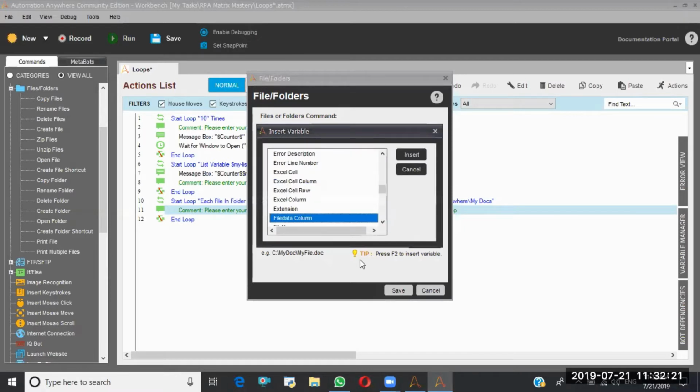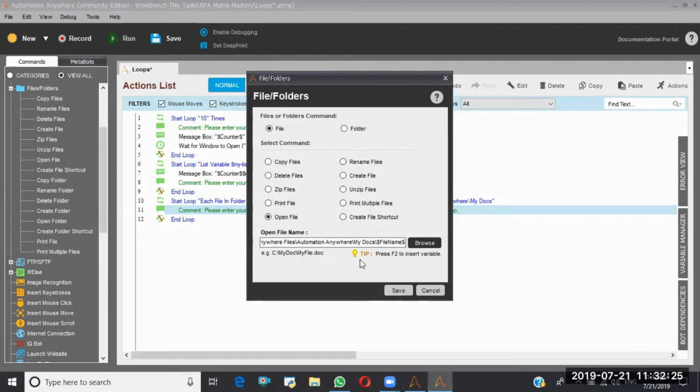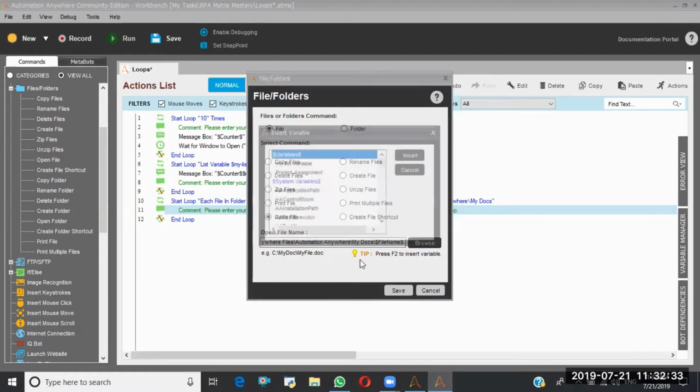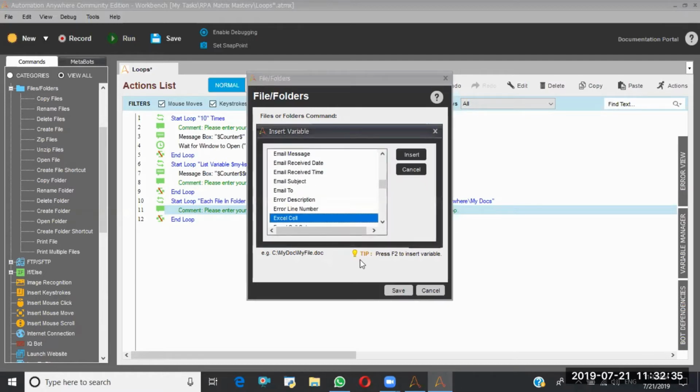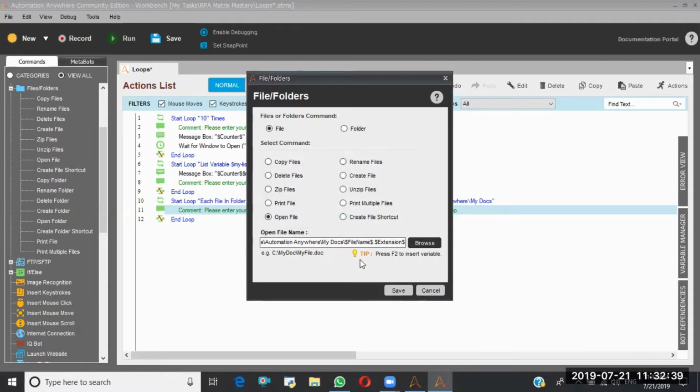Here two system variables will be there. The first one is file name, which extracts the file name from the folder, and the next one is extension. If your loop is in the first iteration, your file name would be the first file name and the extension would be the respective extension.